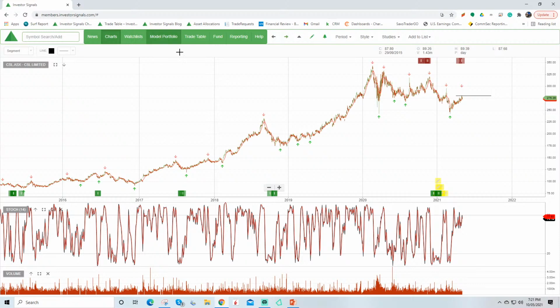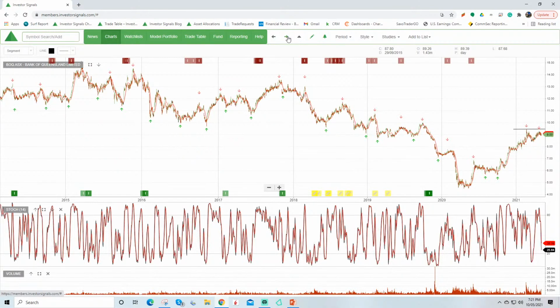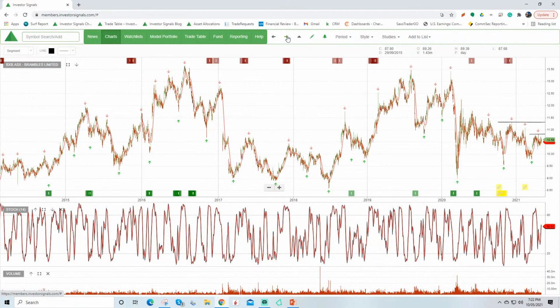The long-term story there for CSL remains extremely attractive, and you want to look to buy that either at these levels purely on valuation grounds, or simply wait for a rally higher, a pullback, shift back to buy signals later in the year. Bank of Queensland under sell conditions, so not doing it there on the regionals, so again preference CBA over the regionals.